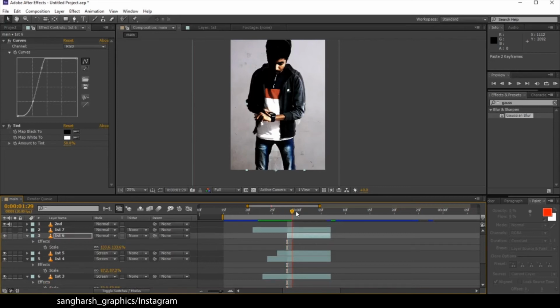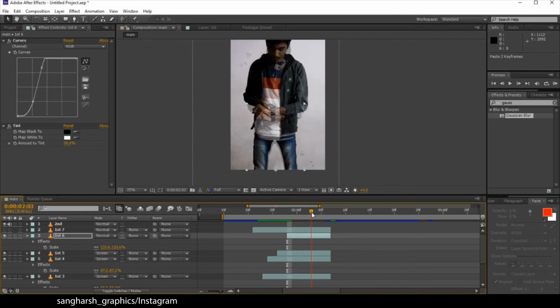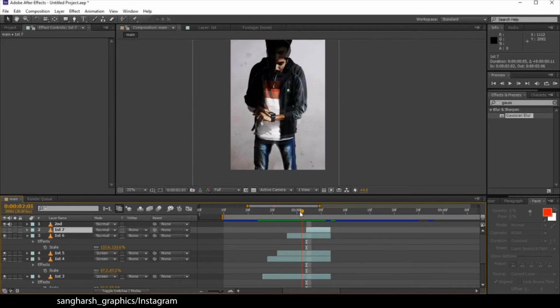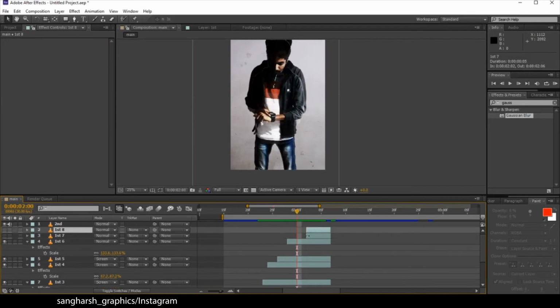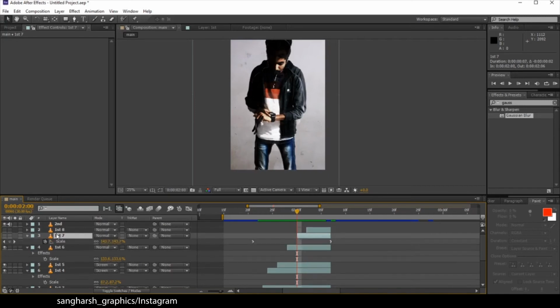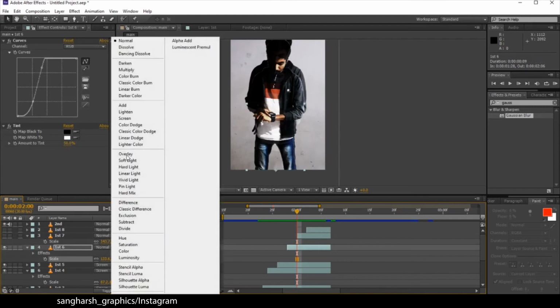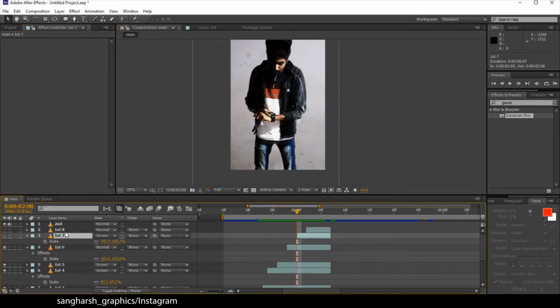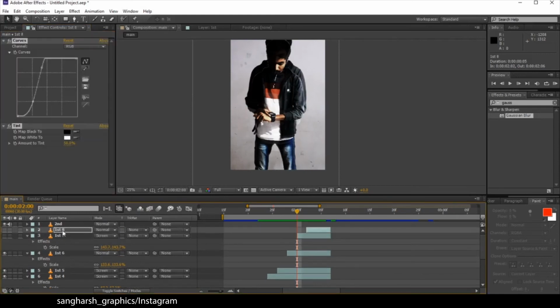And for the last one, again trim this first layer which you have copied already. We can do it multiple times. Let's just duplicate this one, drag it up to here, open scale, uncheck the scale properties. Let's just make this one screen, select both of these, copy, paste on both of them.